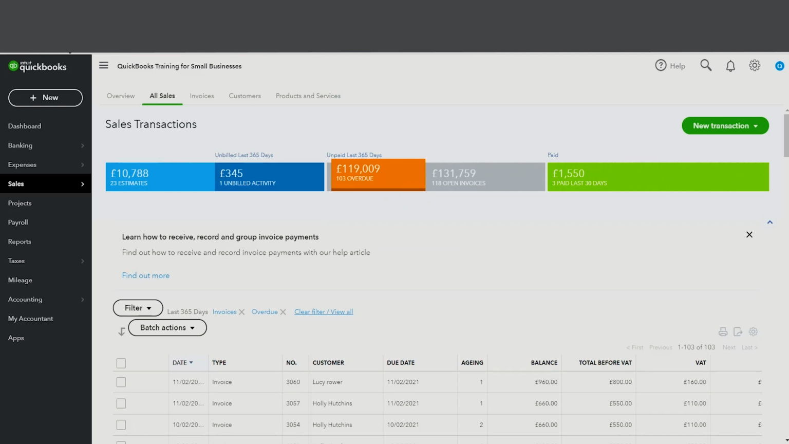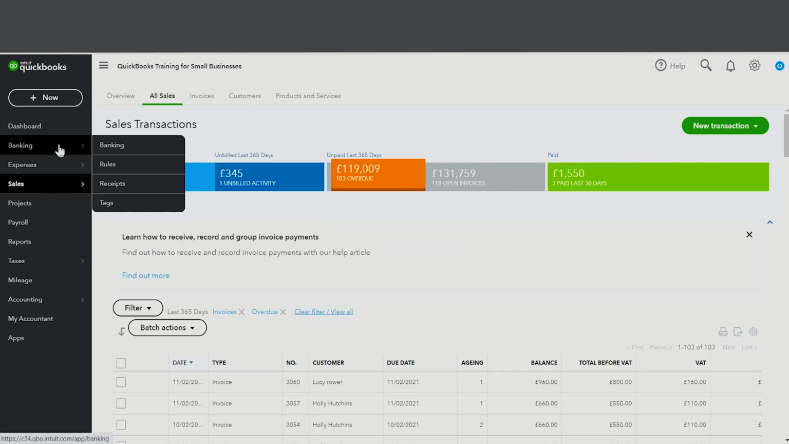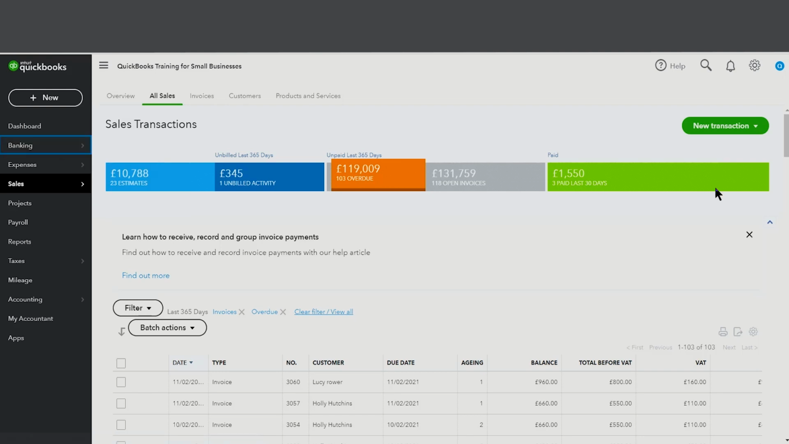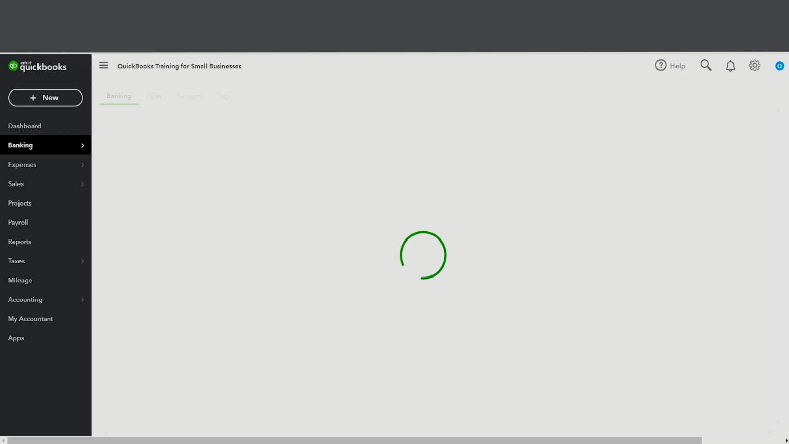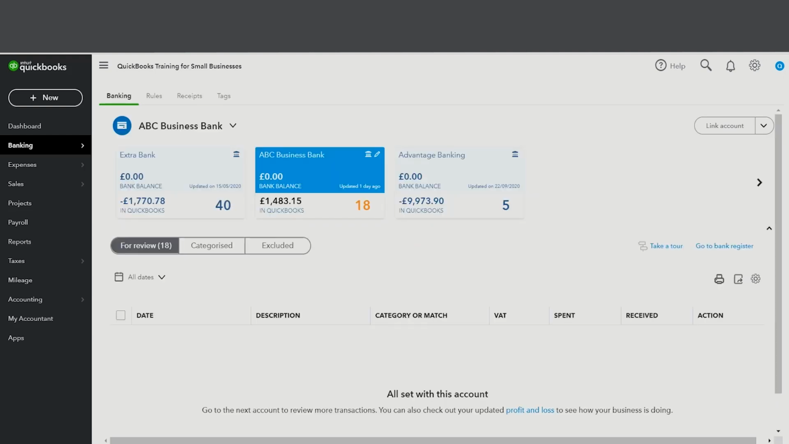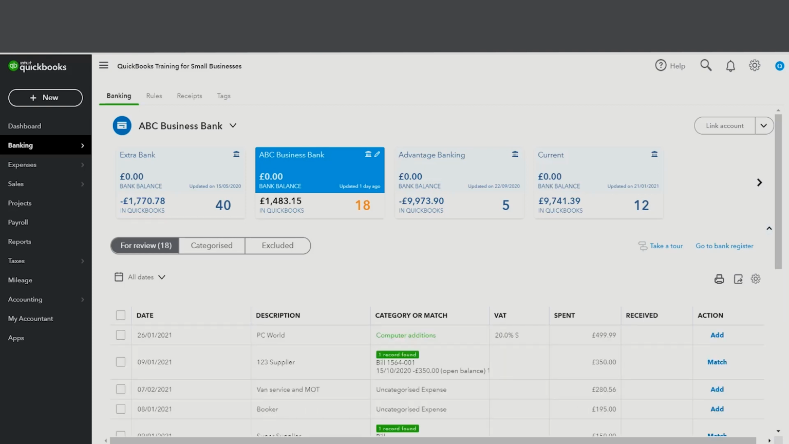So on the left-hand side, I'm going to go to banking. This is where we bring everything together. We've recorded our sales for the month. We've recorded our bills and who we owe. So now we need to look at the payment side of things, as this is really important from a cash